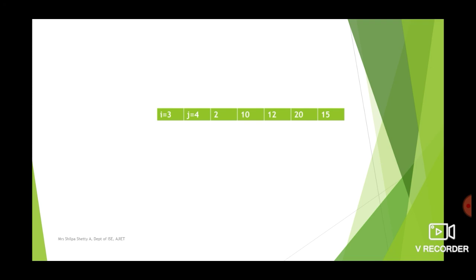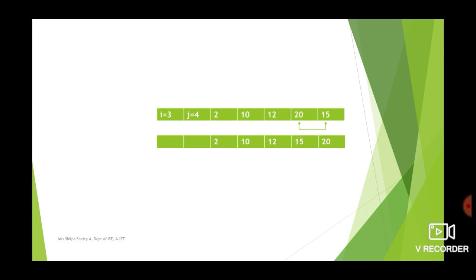So 20 and 15 get compared in this iteration, and because 20 is greater than 15, 20 and 15 will get swapped. So 20 goes to the fifth position and 15 will come to the position of 20, that is the fourth position.